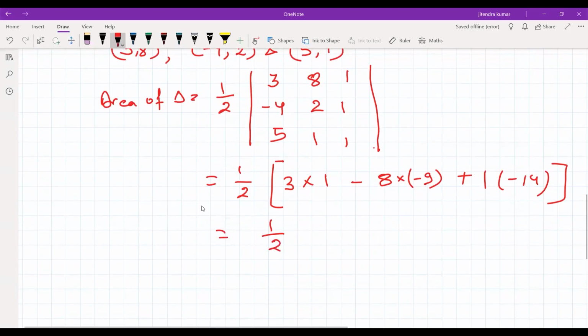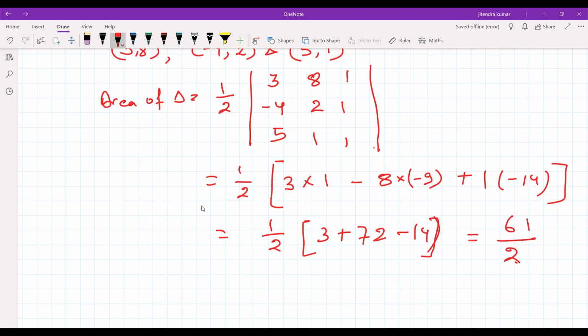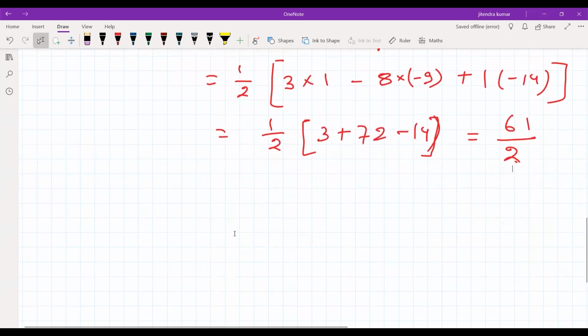So we will get here 3 plus 72 minus 14. So it will be 75 minus 14, that is equal to 61. 61 by 2, so this is our area of this triangle. Okay, so in this way we can find the area of a triangle. Now second, if we see the example number 18,